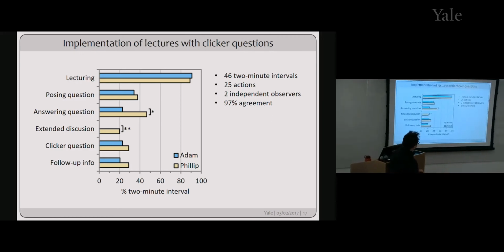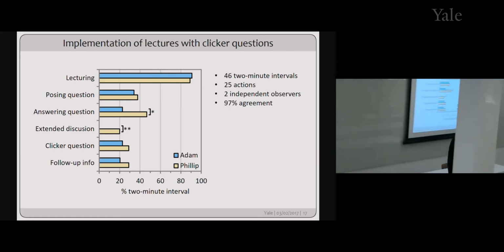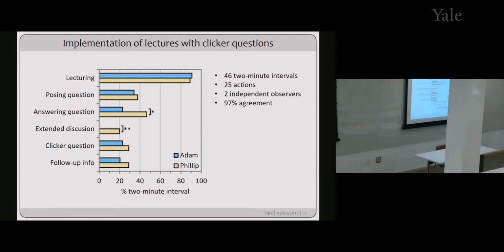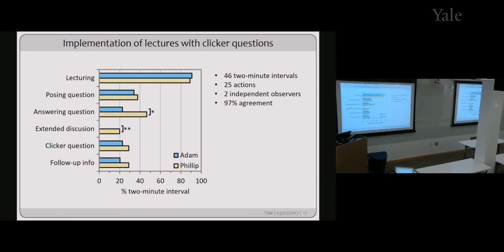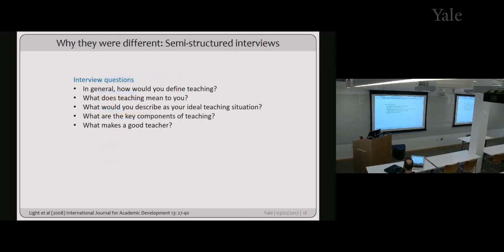Okay. So this is a really interesting difference for two people who thought they taught the same course, where everything was the same. But it turns out the way they implemented it is very different. And so what we really wanted to know is why they were different, and thinking about why they chose to make these decisions, either explicitly or implicitly. So whether they knew they were making these decisions or not, we wanted to know why they chose to implement things the way they did.